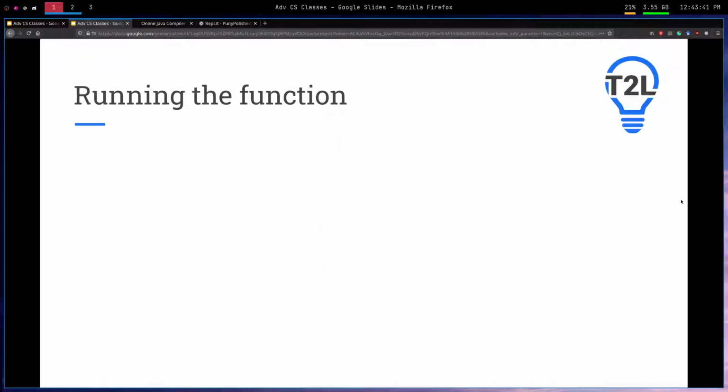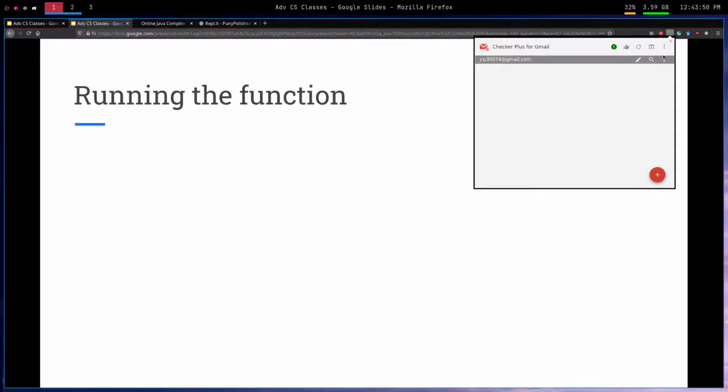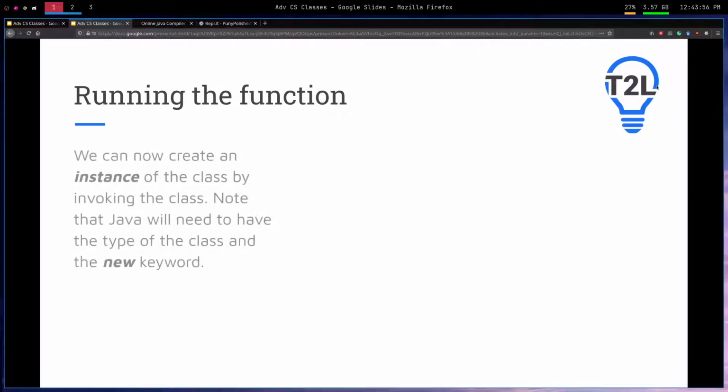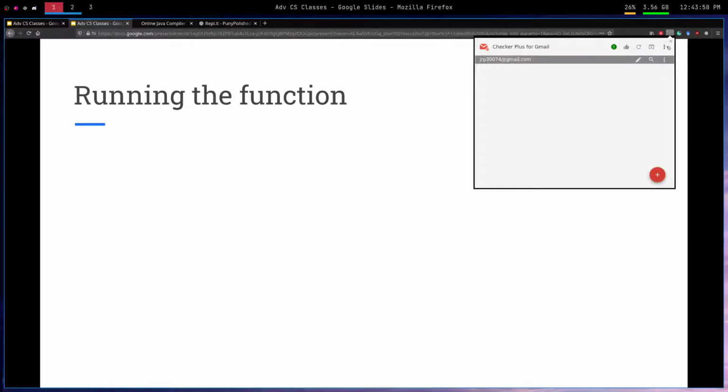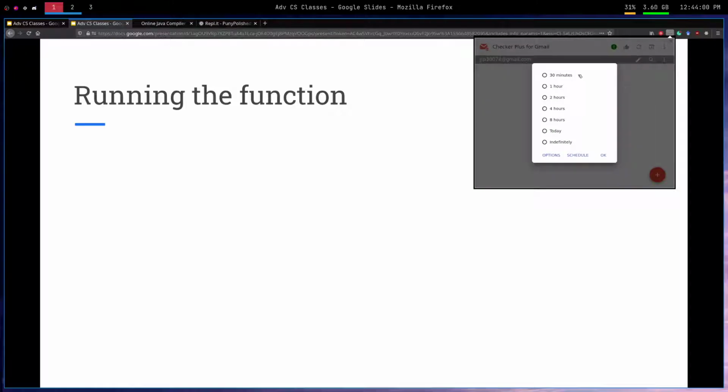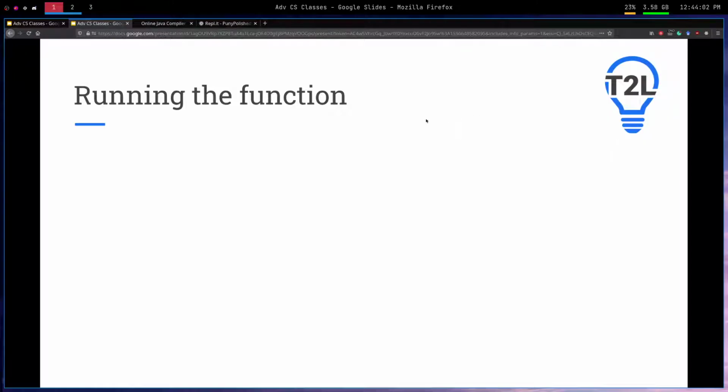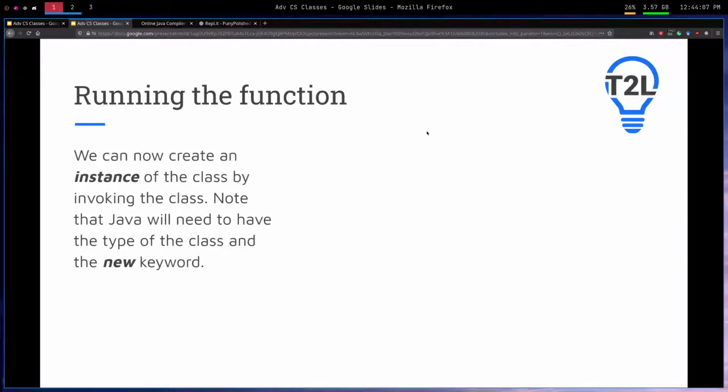All right, so moving on right now, let's go ahead and try and run the function. If we go here, I'm actually going to silence my thing so it doesn't pop up. There we go. Okay, so when we're running the function, we're going to have to create an instance